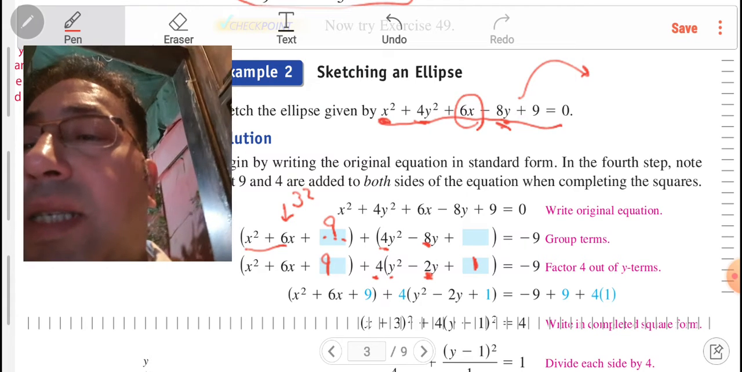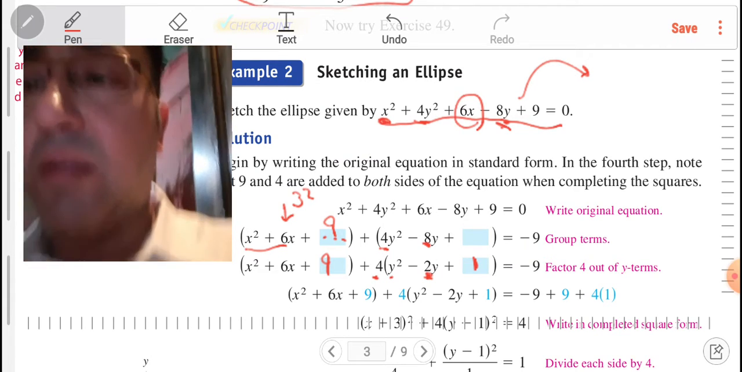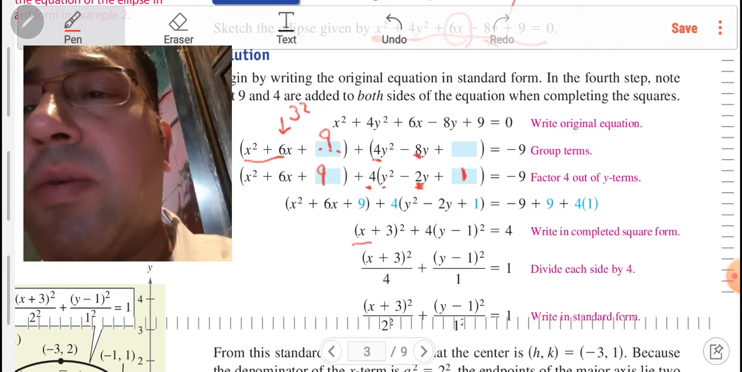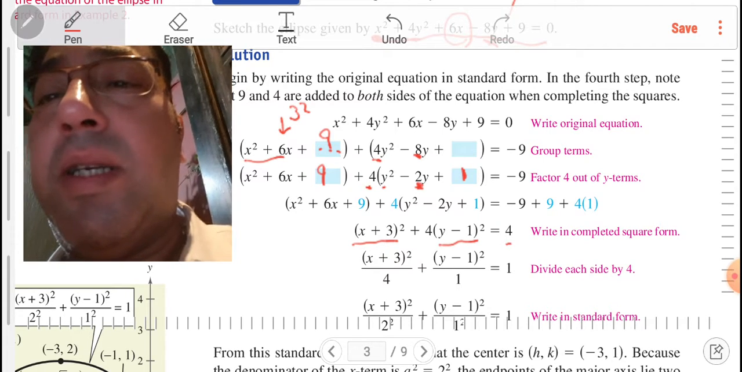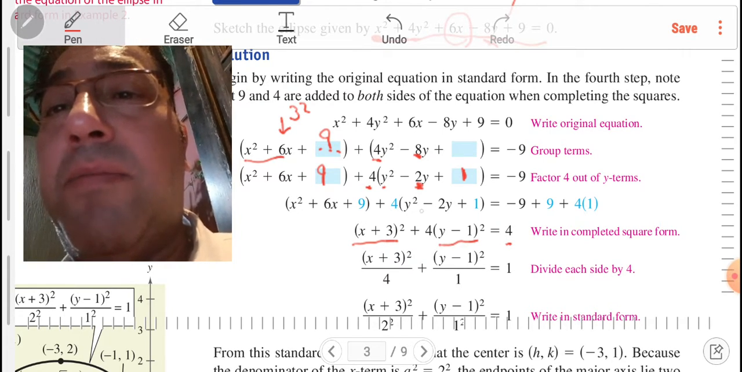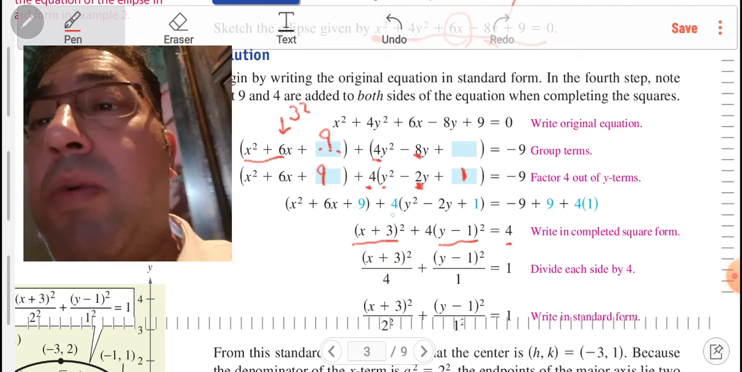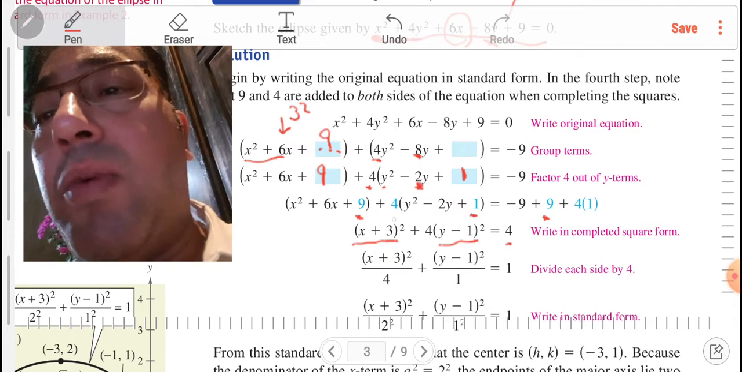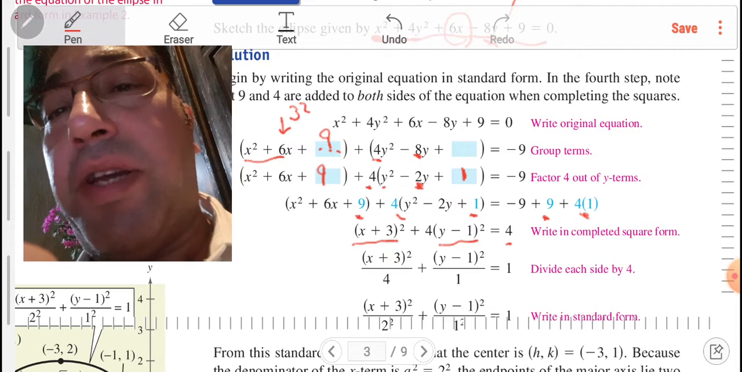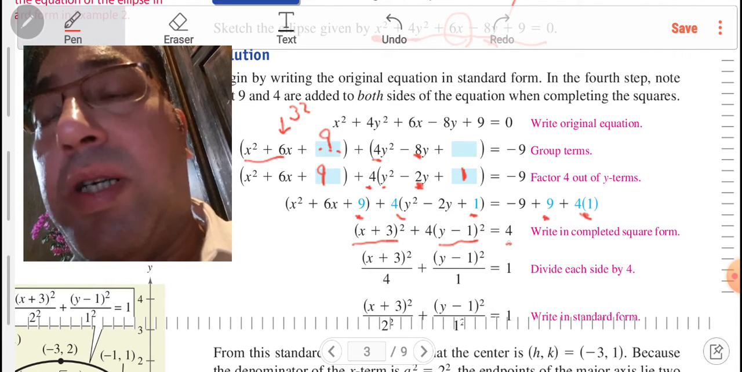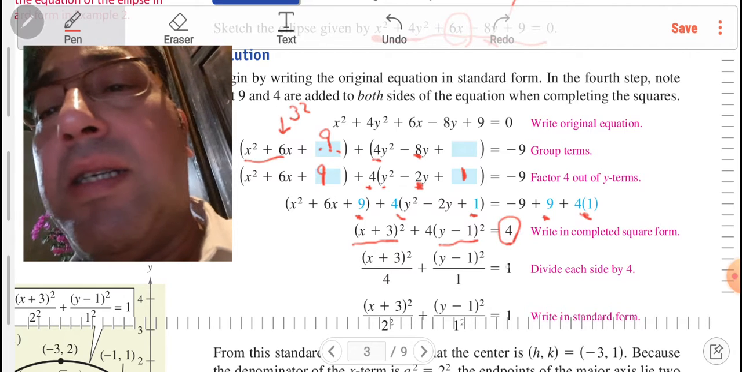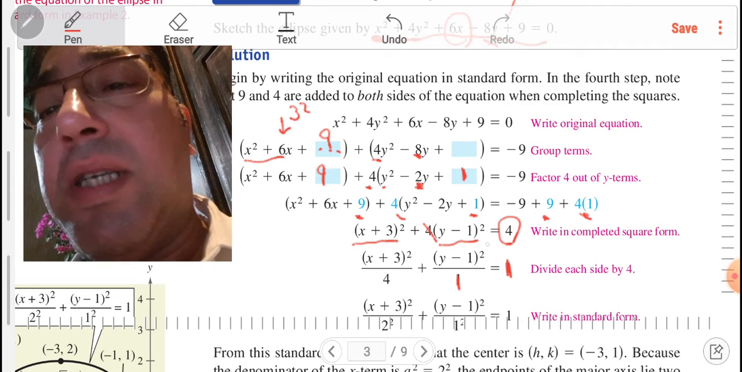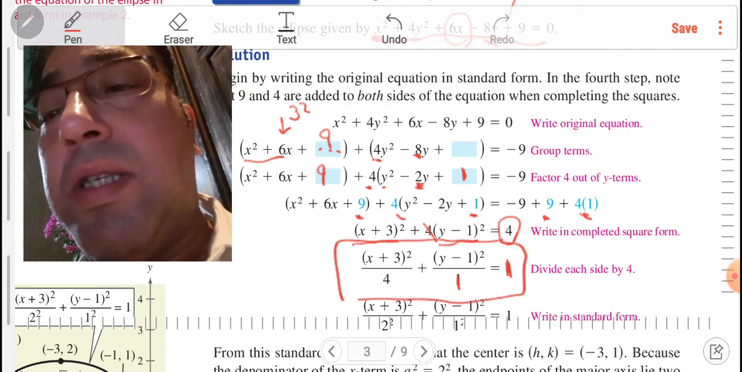Rewrite x squared plus 6x plus 9 in the binomial square style. So it's (x plus 3) squared plus 4 times (y minus 1) squared equals, don't forget, we already added 9 here, so please add 9 there. Add 1 here, 1 times 4 here, then please add 4 there. So the right hand side becomes 4. Please divide by the right hand side. Divide all by 4. Here it's 1, here it is 1, and here it is 4. So this is the standard form